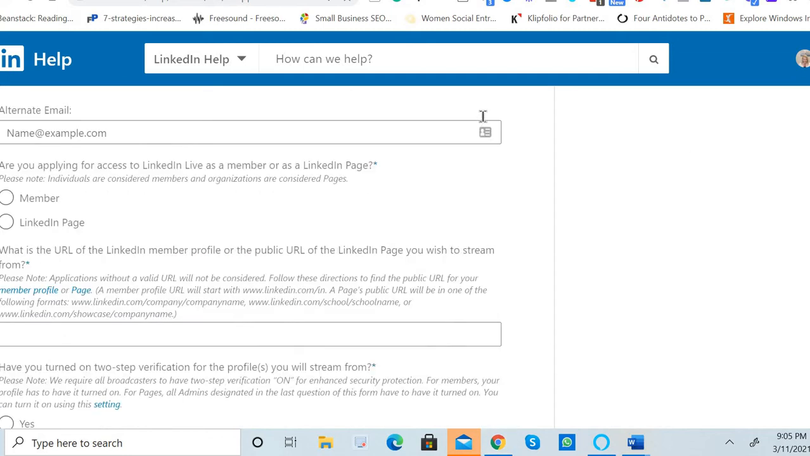So anyway, if you scroll a little bit down, then you'll see above here your current email address that you have registered with on LinkedIn. And then you can type in here your alternate email, and you'll choose whether you are applying for LinkedIn Live as a member or as a LinkedIn page. So if you are applying from your own LinkedIn profile, then you will apply as a member, and here you will paste your LinkedIn profile URL. So for example, in my case, it's this link,